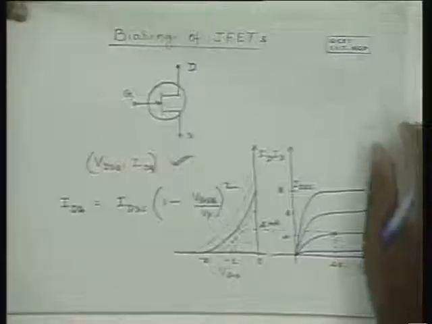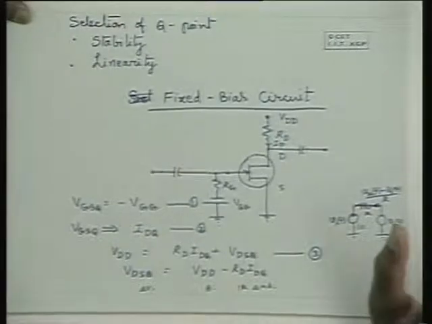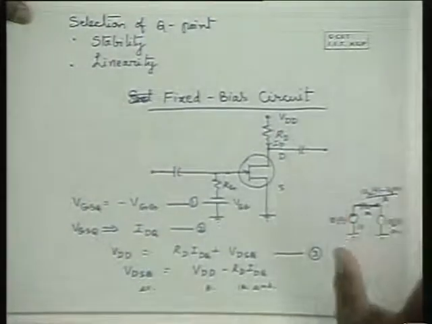Hence the fixed bias circuit doesn't have good stability as far as the device variations are concerned, and also temperature stability is concerned. With temperature variations, the p-n junction characteristics vary, and as a result IC naught varies, and the channel pinch off or the depletion region width also varies, hence the characteristics vary.